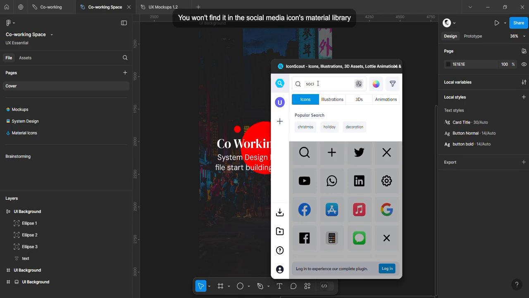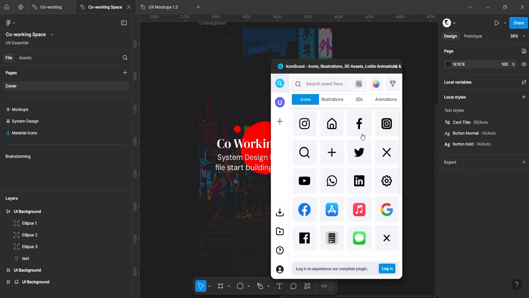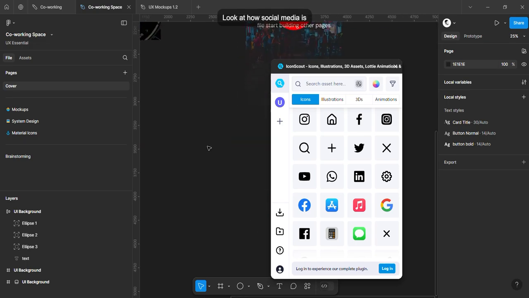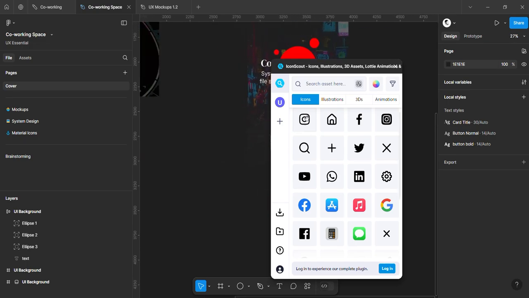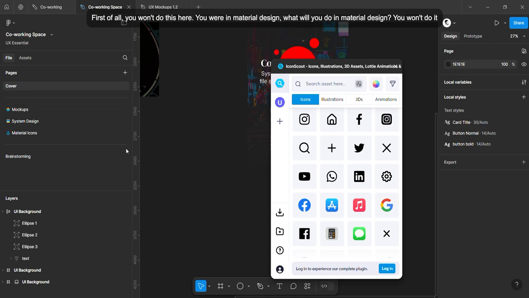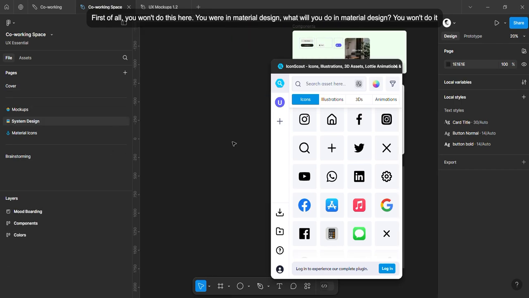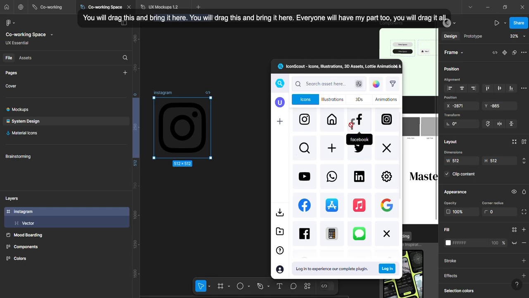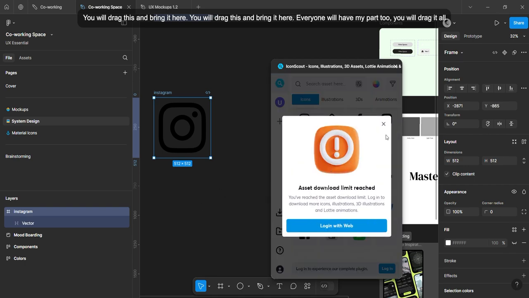सोशल मीडिया आइकन तुम्हें मटेरियल लाइब्रेरी में नहीं मिलेगा, वो ऑलरेडी दिखा रहा है। पिक्चर्स आ रहे हैं। सबसे पहले तो तुम यहाँ डायरेक्टली नहीं करोगे, तुम मटेरियल डिजाइन में तीनों करोगे। ठीक है, मटेरियल डिजाइन में सिस्टम डिजाइन करोगे, इसको ड्रैग करके यहाँ लेके आओगी, इसको ड्रैग करके यहाँ लेके आओगे। ठीक है।